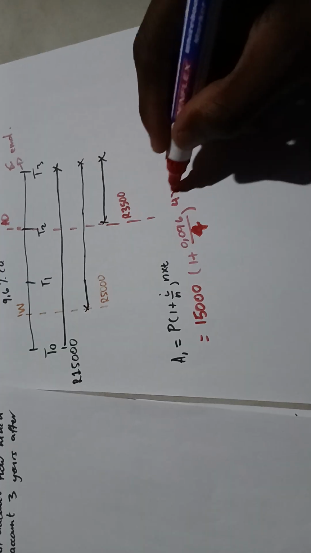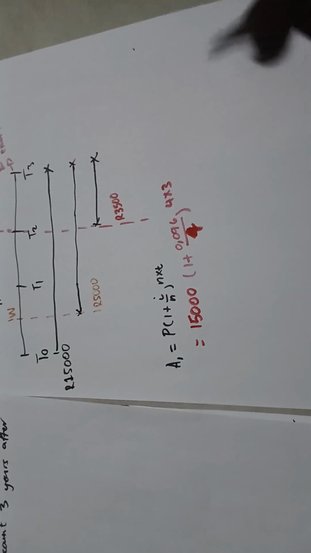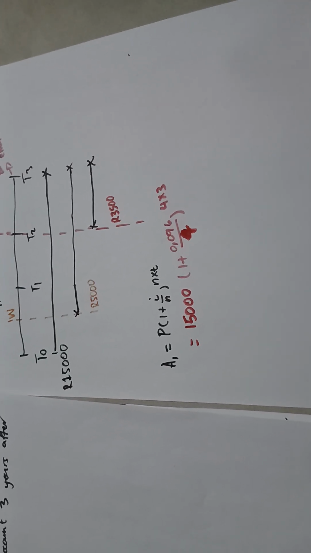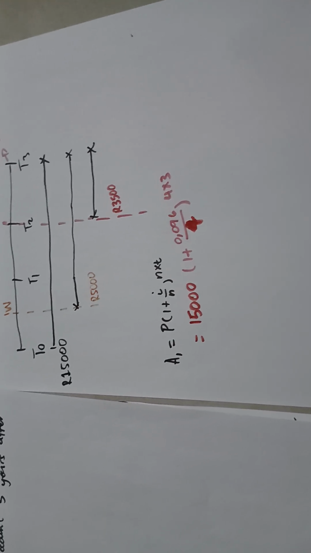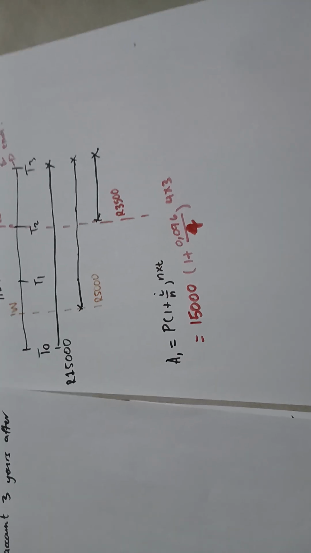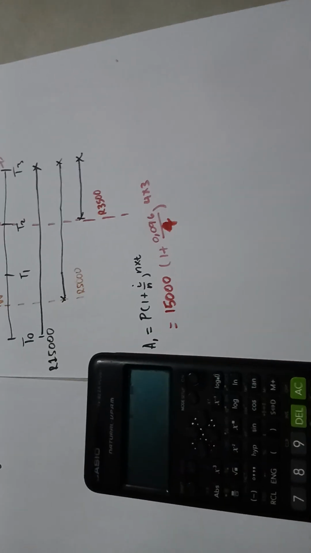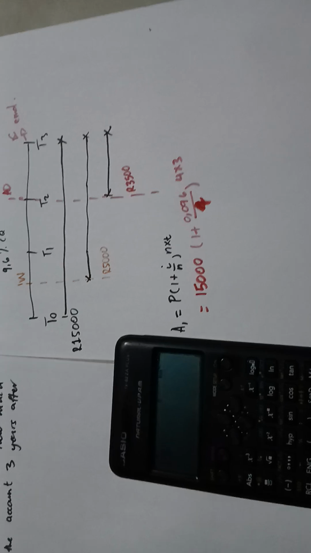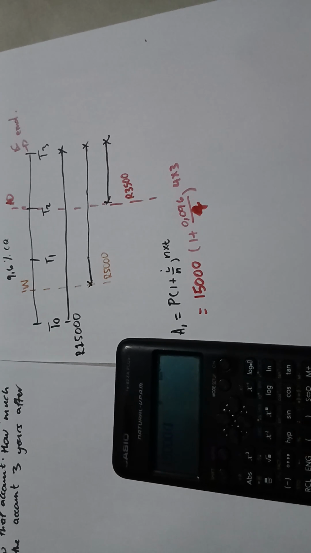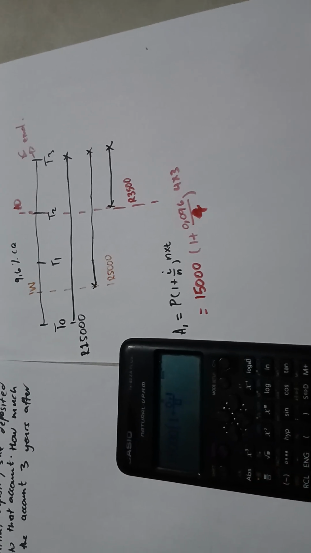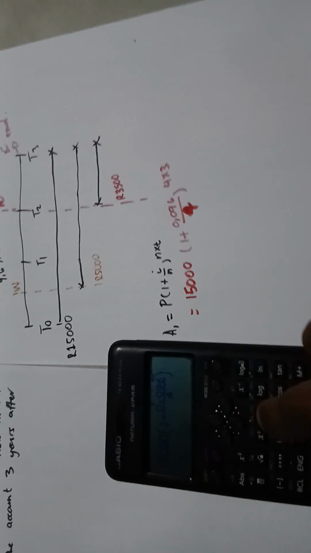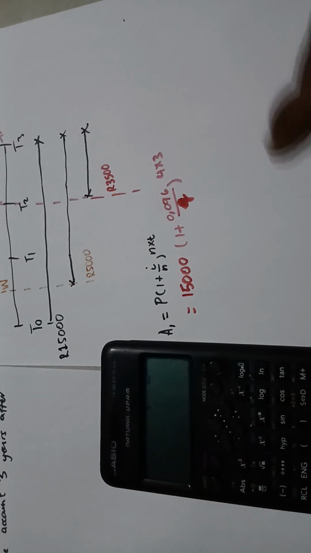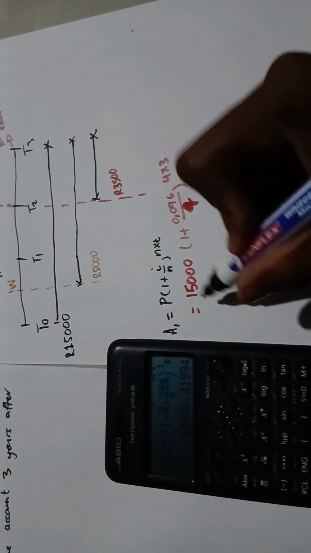Over 4 times 3. So the interest rate was not changed here, hence it's only one interest rate. Now let's change a marker and do another one, punching this in the calculator. It's 15,000 times (1 plus 0.096 over 4) to the power 12, because of, remember, it's